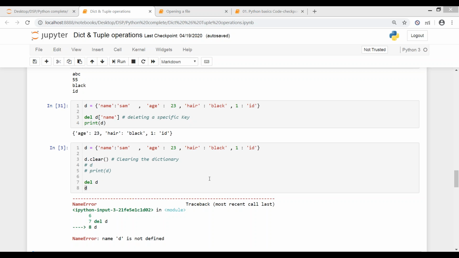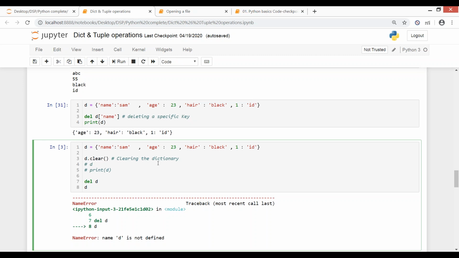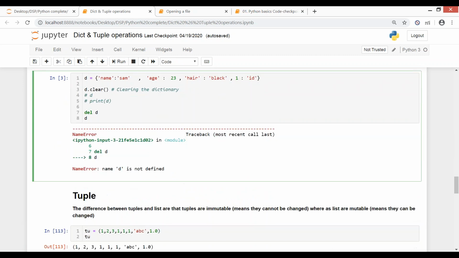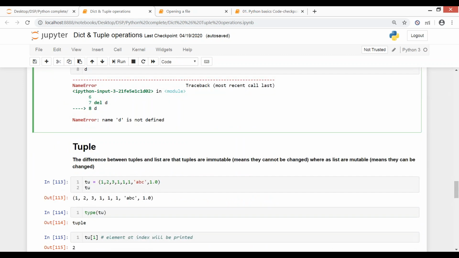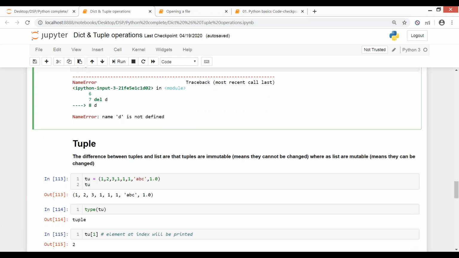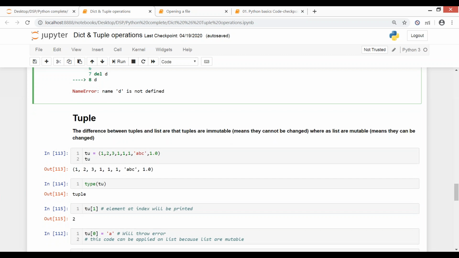Okay then. So we are done with dictionaries as well. Now coming on to the last data type, that is tuple. So we have done list, set, dictionaries, and tuple. In these data types in Python, values are stored in different ways and there are different ways to access them.